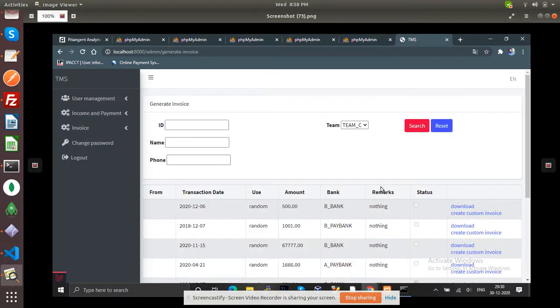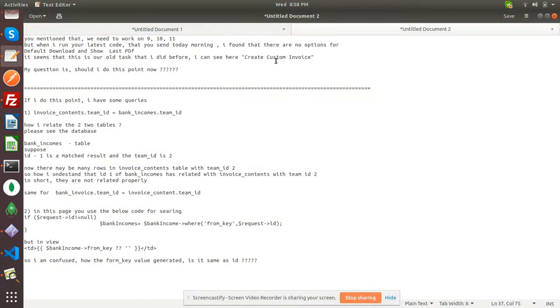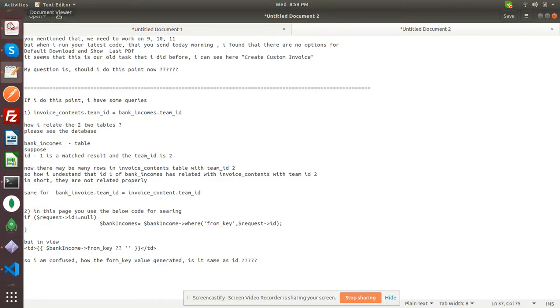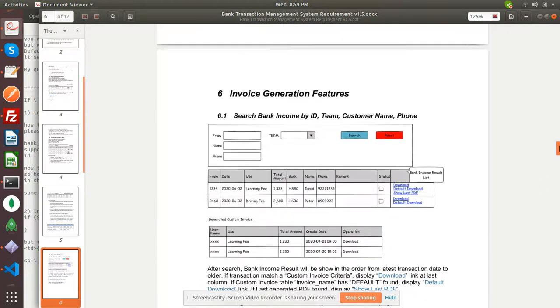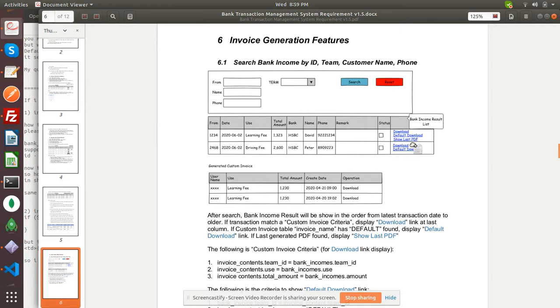Please check this image. So there are no options for default download and show last PDF. You can see here.